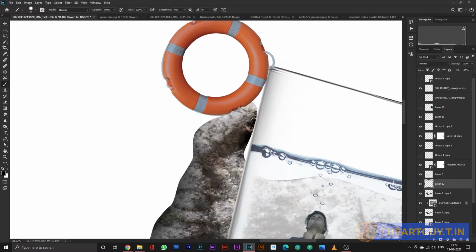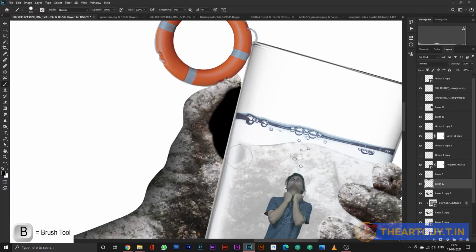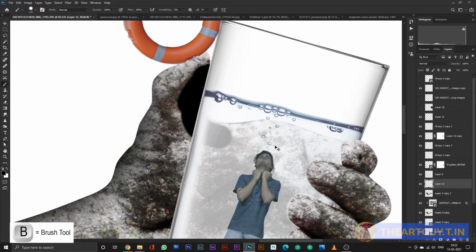Then I used a brush tool to give a little bit of shadow to show that the glass is being held in the statue's hands.